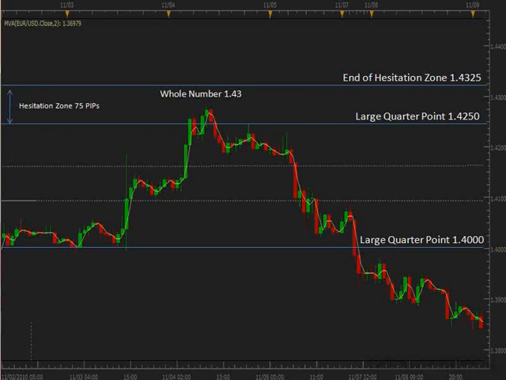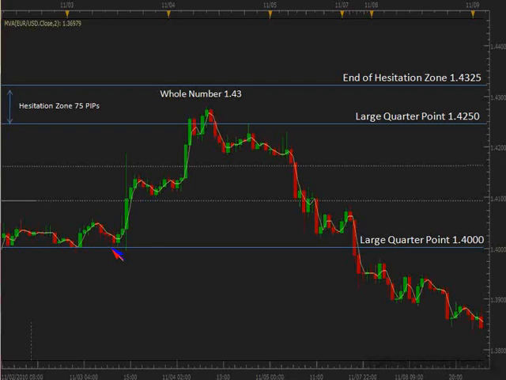So let's take a look, for example, at the latest developments with the euro-dollar exchange rate from the perspective of the quarters theory. Here we have the euro-dollar exchange rate basically flattening, which is perfectly normal ahead of a very important economic news or any kind of event or announcement from a major central bank. This here is the period about a day or so ahead of the Fed's interest rate announcement, which was last